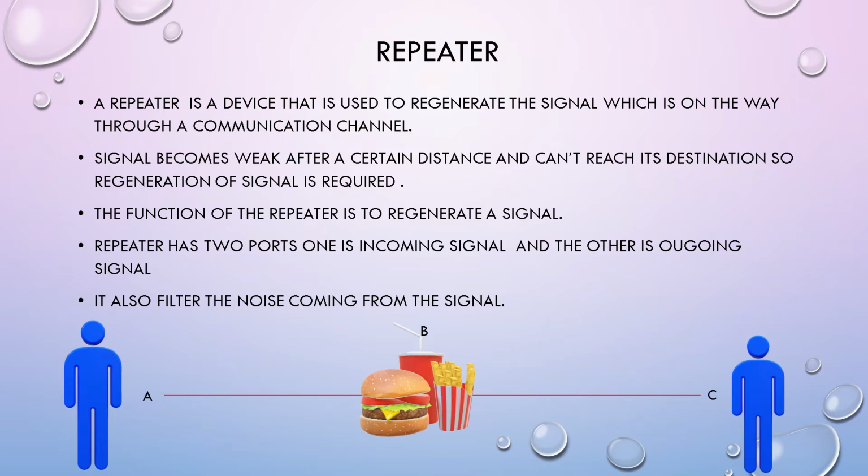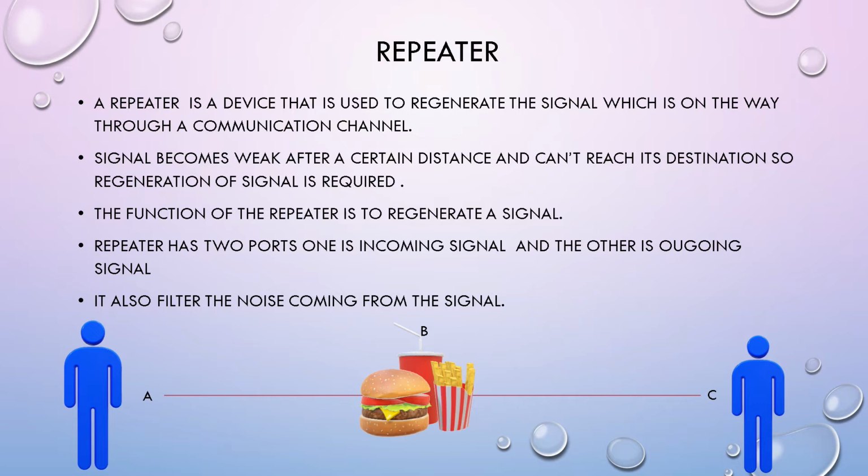Take the example of your mobile phone. Your mobile phone has an incoming signal in the form of a network. Without a signal or a network, you cannot communicate, call, text a message or browse. That is nothing but the incoming signal. So in order to browse a network or send a text message, you need another signal. That is nothing but the outgoing signal. The same is the case with a network. A network consists of two ports. One is the incoming signal and the other is the outgoing signal.